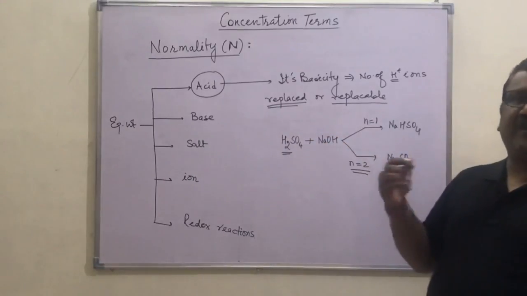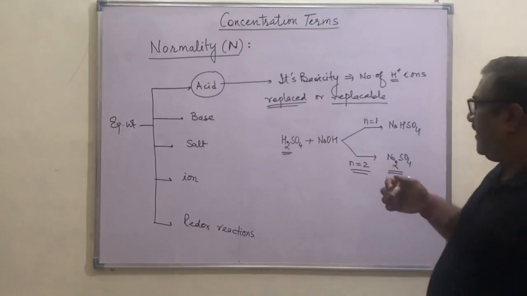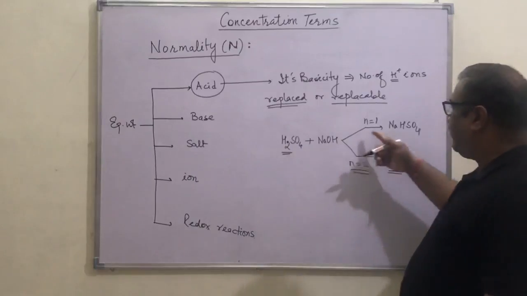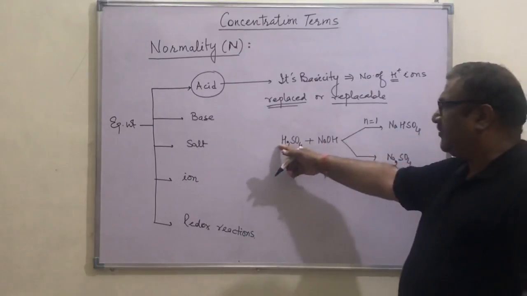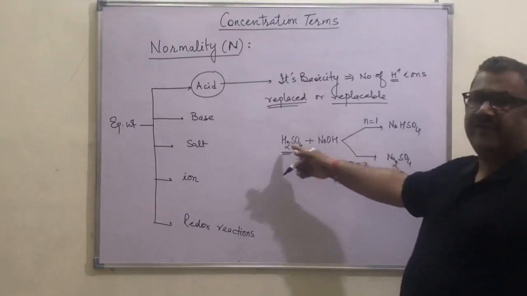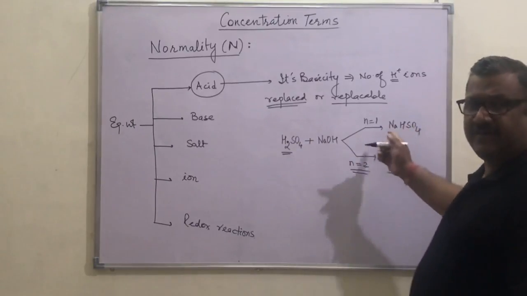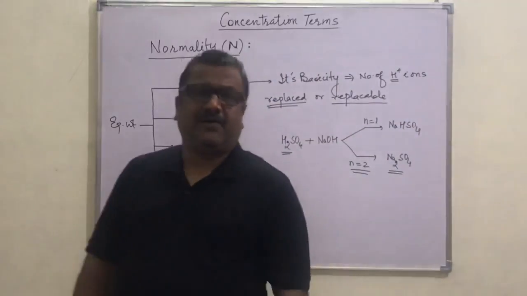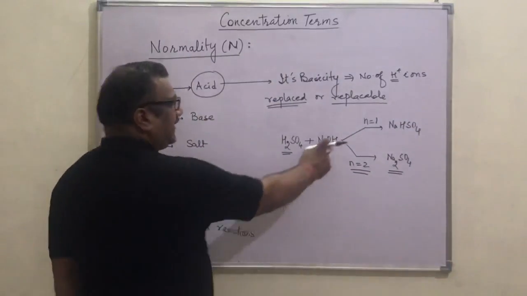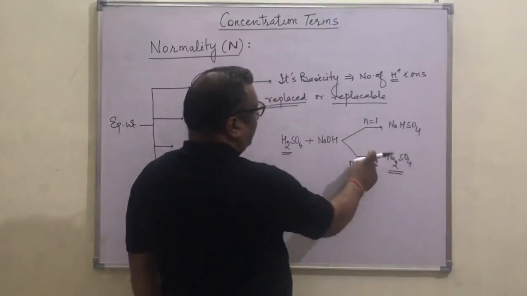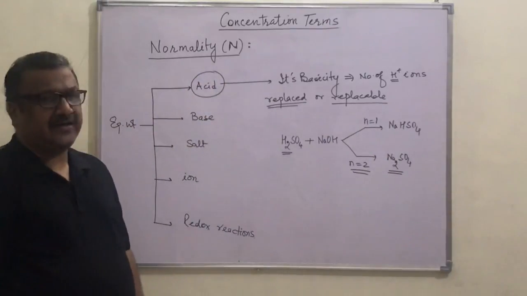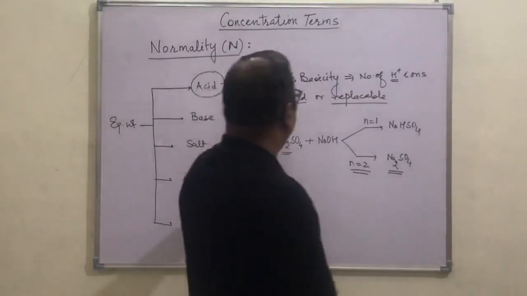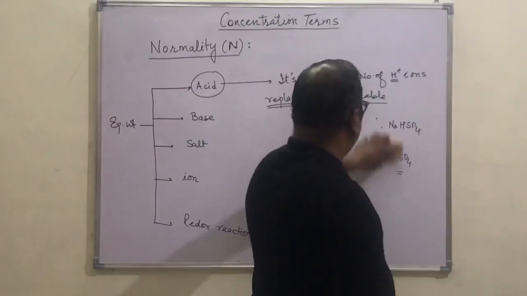But if we are provided a question and in that question we will look at the equation whether we are using both the hydrogen atoms or we are using only one hydrogen atom. तो यहाँ पे हमें ध्यान से समझना पड़ेगा कि हमारे को दोनों हाइड्रोजन यूज कराया गया है कि एक ही किया गया है, and accordingly we will take the value of n factor in such cases. So we will do more practice to clear this point.